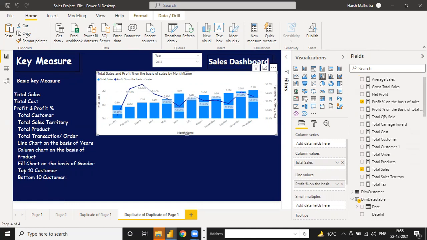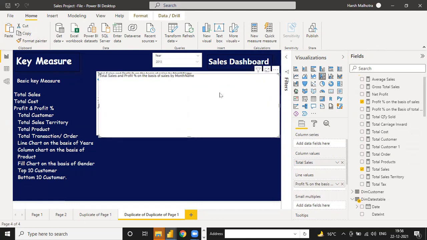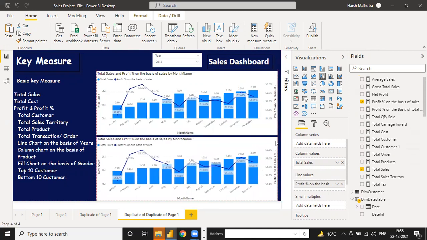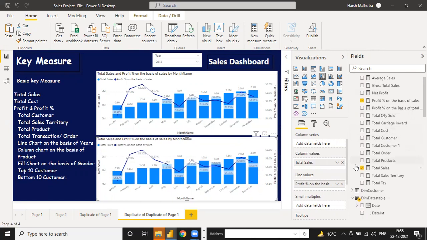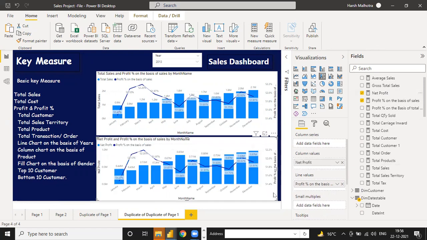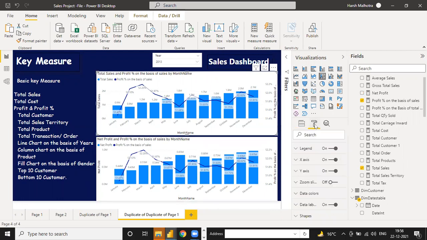You can just copy this and paste it. Just click there. So instead of this total sales, you can uncheck this, or you can add your net sales, and you need to change only your heading. Like click this.